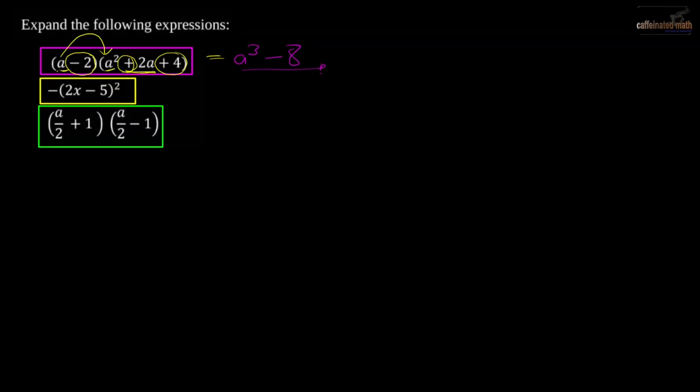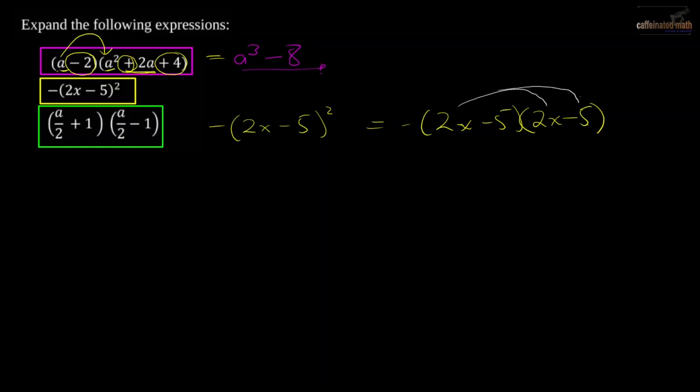So for the example we have in the yellow rectangle, which is minus 2x minus 5 all squared, well, the first option would be to do this: minus 2x minus 5 and then 2x minus 5 in brackets, perfectly legal, and then we can use our FOIL expansion, whatever you want to call it. However,